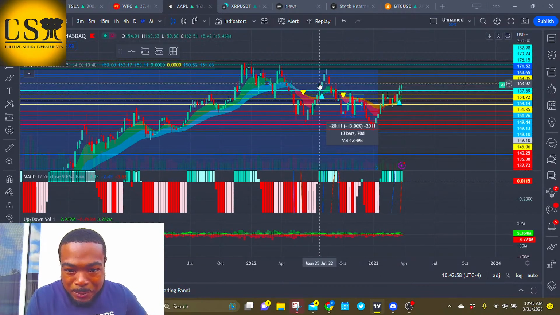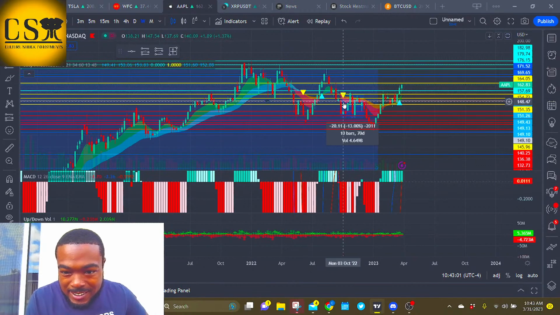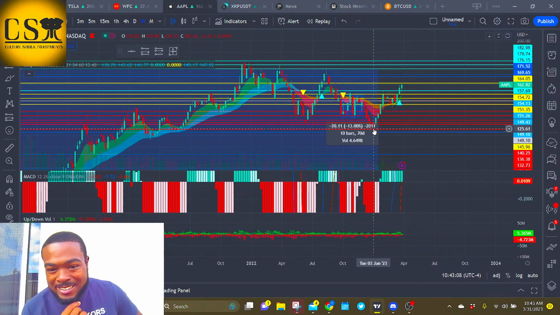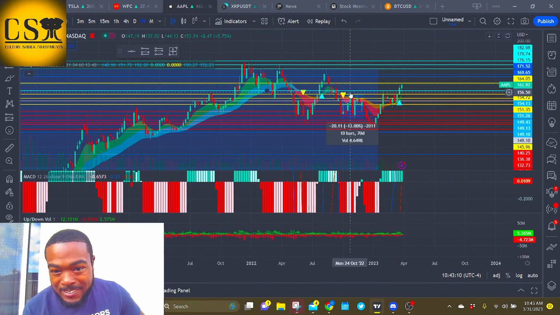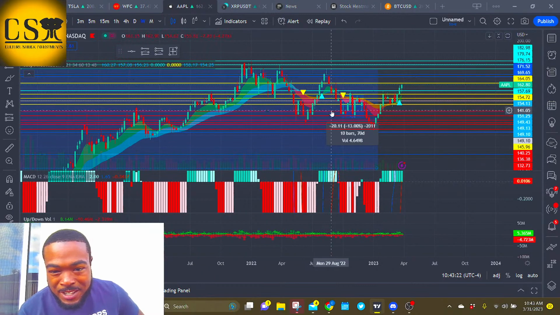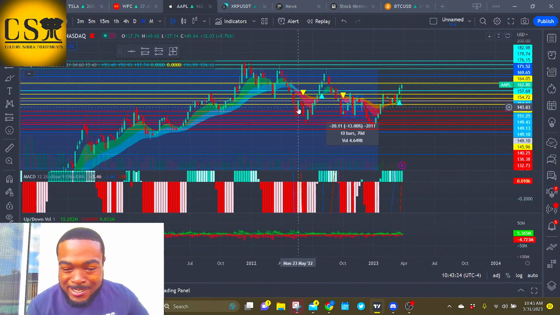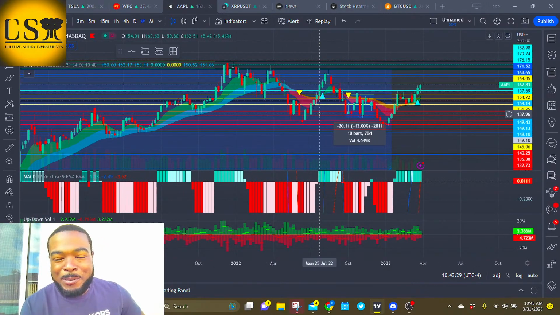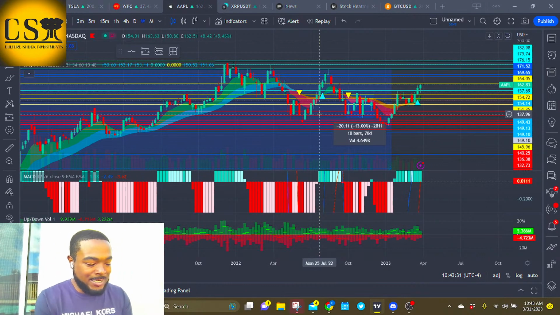So at any point, if you bought Apple at any of these points, you would have got stopped out this one time right here on January 23rd. You would have got stopped out if you bought Apple near its high of 162. That shows you that you only got stopped out once in this process if you bought at the absolute wrong time. If you bought Apple at any of these lower price levels, which you should have based on, like I said, contextual trading